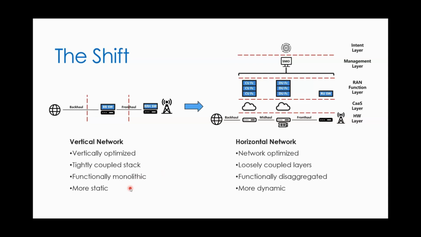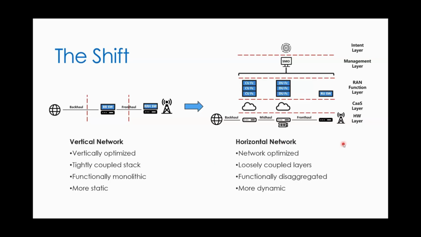So deployments, for example, are configured for a worst case, where I need a particular capacity in my network, so I have to dimension everything for that worst possible case. Because it's vertically integrated, the RAN itself would be configured for that worst case, and the core would be configured for its worst case, and the radios would be configured for their worst case. But it's not really optimized from a network overall perspective. So that has caused this shift to the horizontal model.